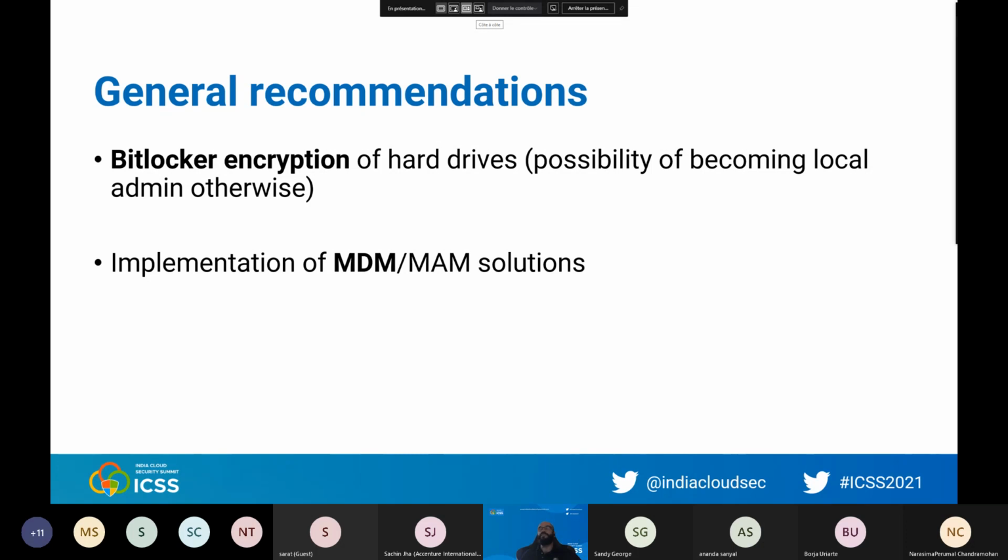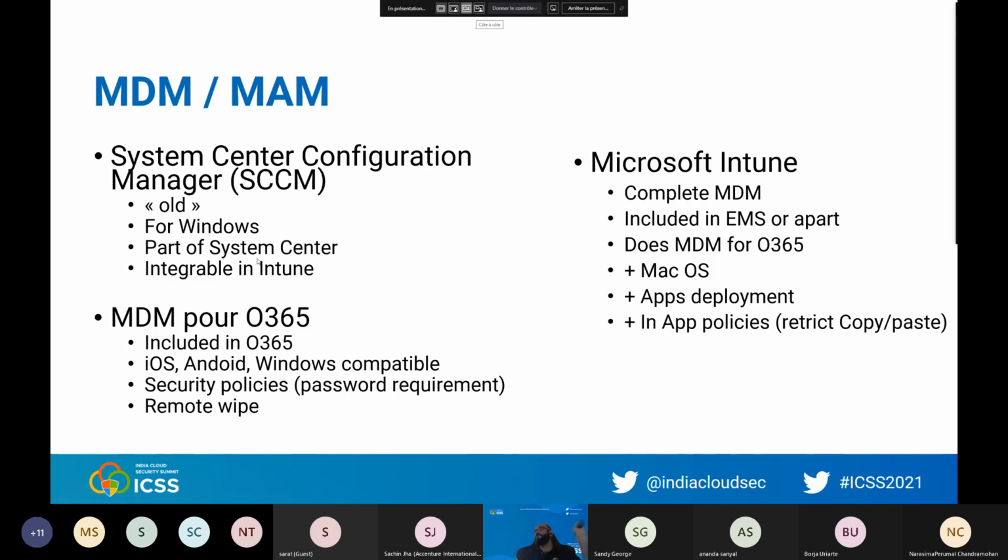Okay, and your end users are always storing data directly on the laptop. So BitLock every laptop. If it's BitLocked, personally, I don't know any way to force entry on a laptop if I don't know the end user password. Okay, so firstly, BitLock all laptops. And second, implement mobile device management, mobile application management solutions on every mobile, every laptop, every desktop, everything. To do something like that, you can use third-party systems, or you can use Microsoft systems.